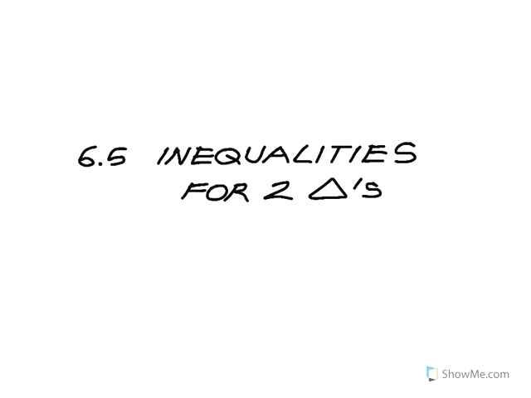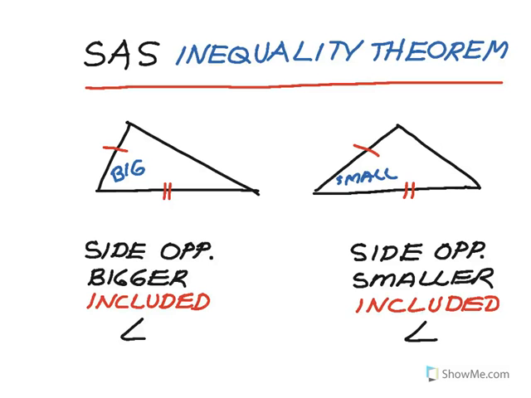Lesson 6.5 is about inequalities for two triangles. Okay, this first theorem is called the side-angle-side inequality theorem, and this has to do with when we're comparing sides from two different triangles. If I have two triangles where I have two sides in one triangle congruent to two sides in the other triangle, as I do with these two triangles here, then I have to look at those